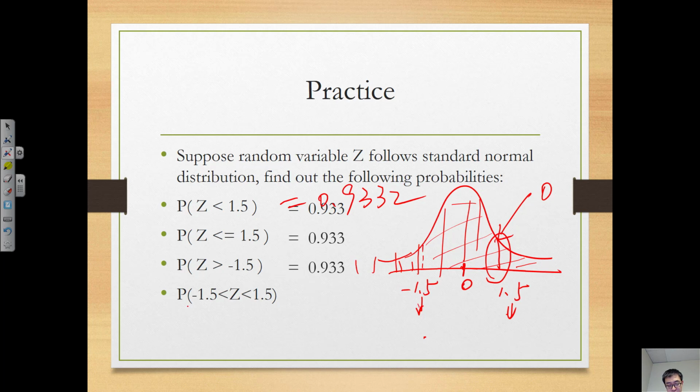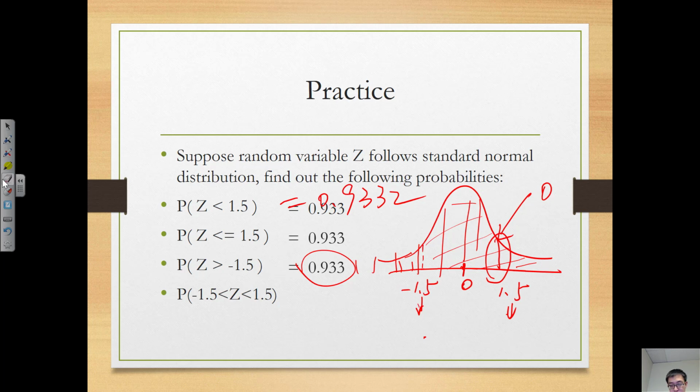So what is the probability that z is between negative 1.5 and positive 1.5? Think about it. You can use the z-table, or you don't need to look up the z-table, and you can solve this problem using this number. How do you use this number? Like first, you can